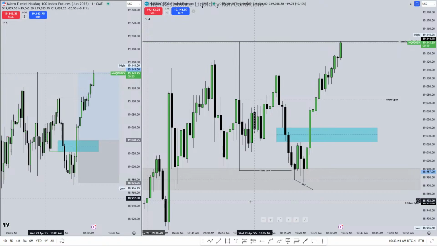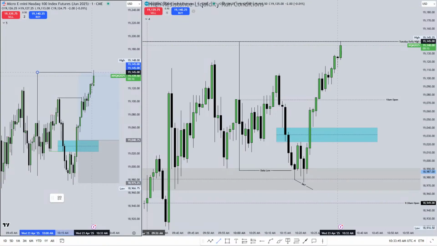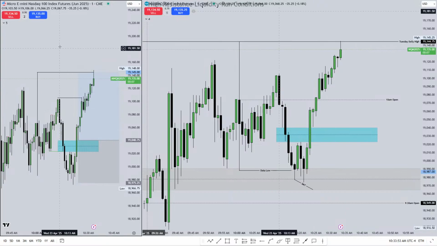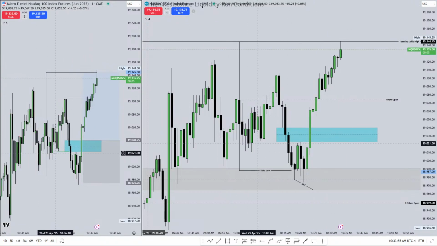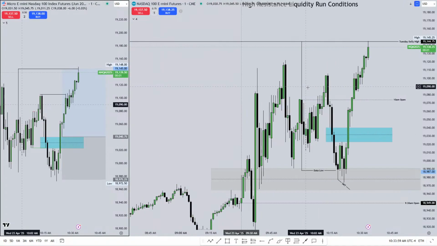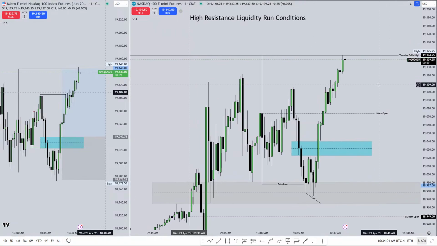And target hit right there. So it would have been a good trade. Would have been 104 handles in super choppy price action. But, you know,